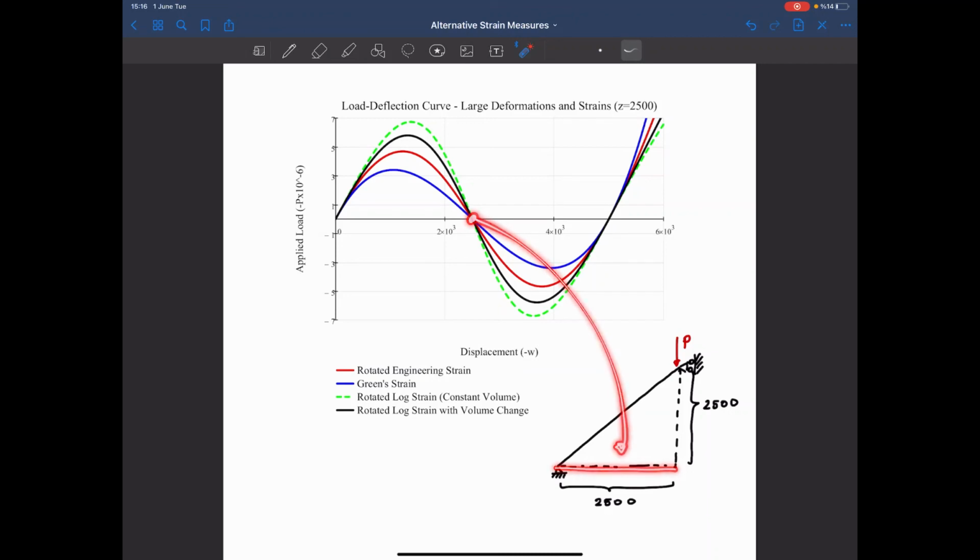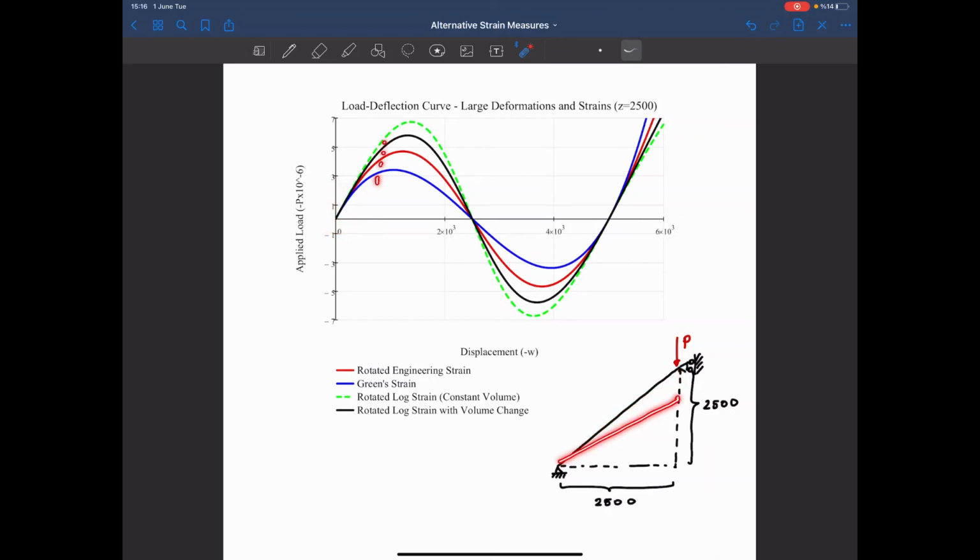And then it will continue and it starts to carry the load, and then it will be under tension and continues to carry the applied load. So when the deformation is small, we are somewhere here. All the formulations give us the same result. But after that point,